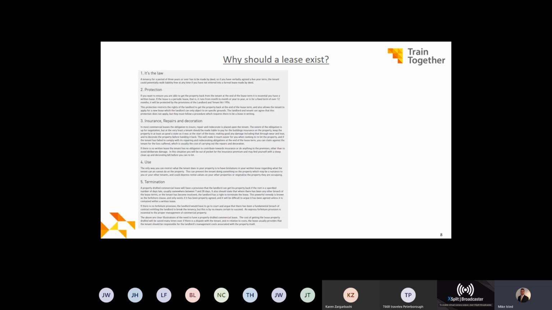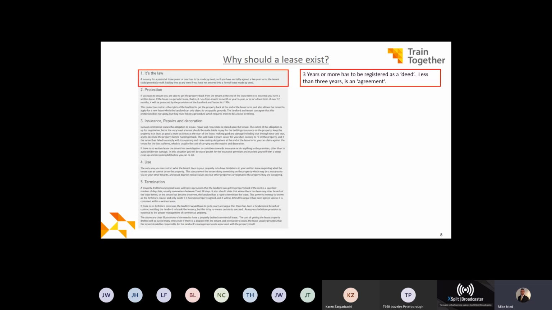Yeah. Some top tips about why should a lease exist? Top 5 reasons they call it. Now, granted, this writing is very small, so what I've tried to do is create a bit of a summary for you. First of all, it's the law. 3 years or more has to be registered as a deed. If you want to define deed further, look it up, but it's a legal